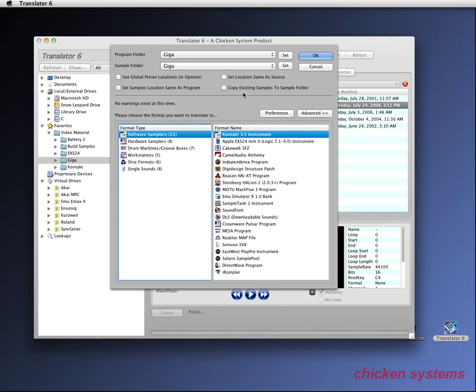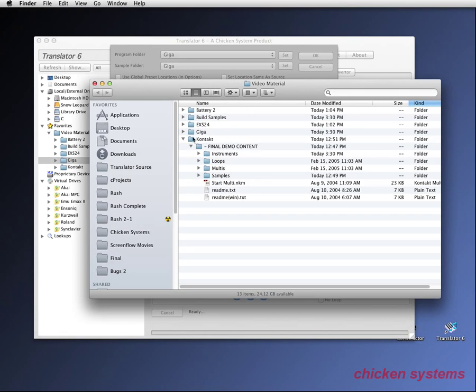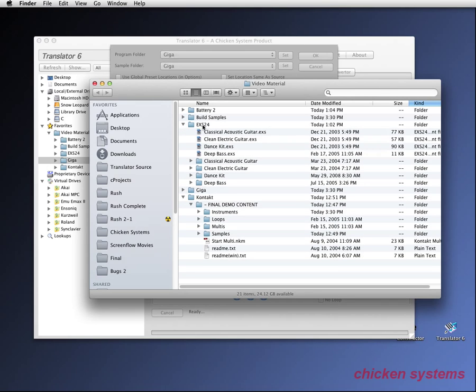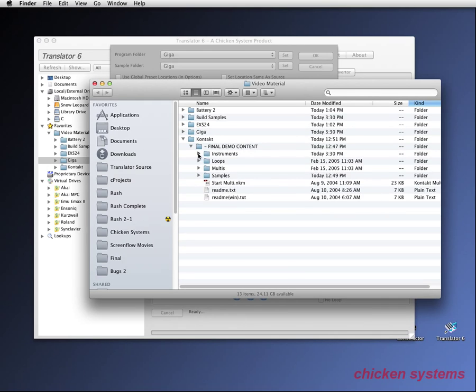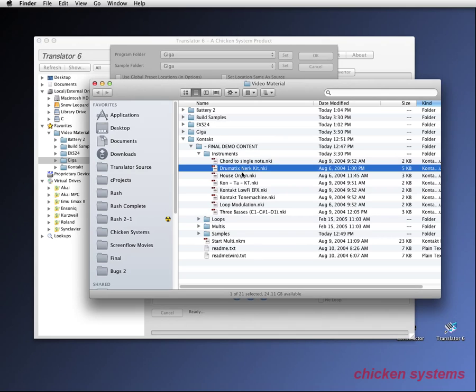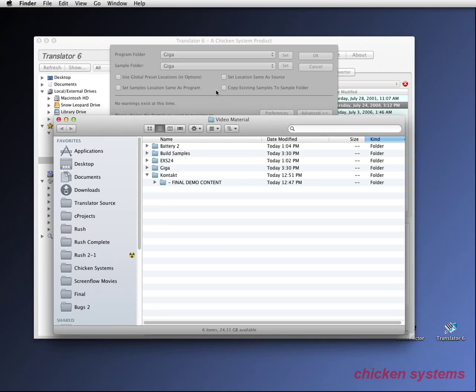Copy existing samples to sample folder, that's a little bit esoteric. It doesn't apply to this conversion because we're converting Giga into Contact, and there are no existing samples. They're all in the gig file, and Contact can't reference them. But if we were converting into, let's take this folder again, if we're converting Contact to EXS, all these NKI files will become EXS files. But if we have this checked,